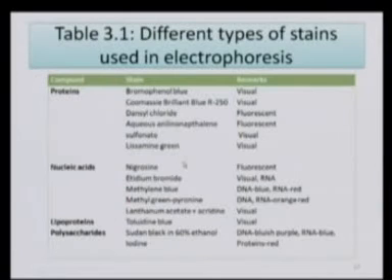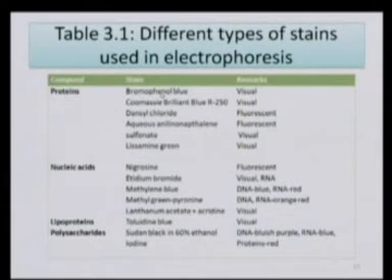Okay, so in this table we are explaining the various types of stains which are available to perform various types of visualization patterns. For example, if you are performing separation of proteins, you are going to use either bromophenol blue, Coomassie brilliant blue, dansyl chloride, or aqueous aniline naphthalene sulfonate and Lissamine green. So these are the various stains we are going to use for the detection of proteins through electrophoresis. On the right side you can see the remarks also.